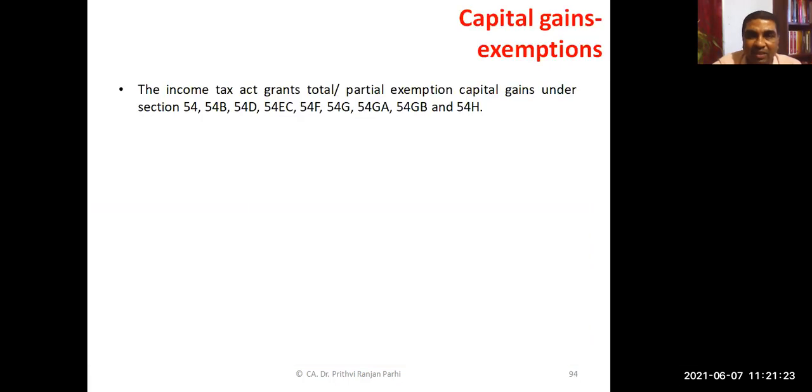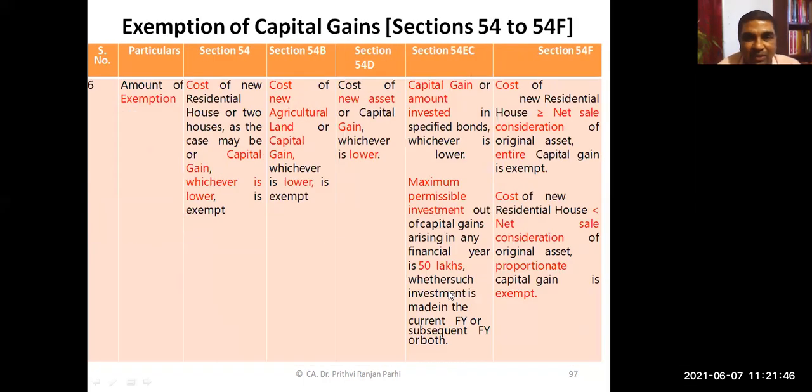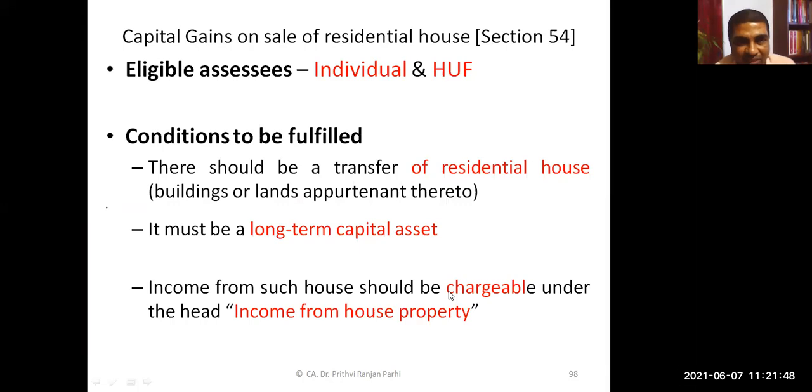Yes, sir. Then under the section 54 series, as you can look, there are a series of deductions. One by one we will be learning. Some of the sections we will be able to cover today. The next part we will be covering in our next session. So this is the summary of deductions: section 54, 54B, 54D, 54EC, and 54F. The summary part we will learn at a later stage. First, let us learn individually each of these sections.